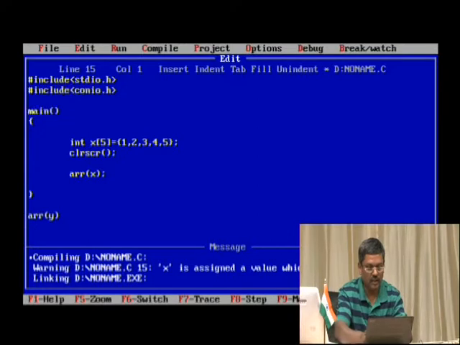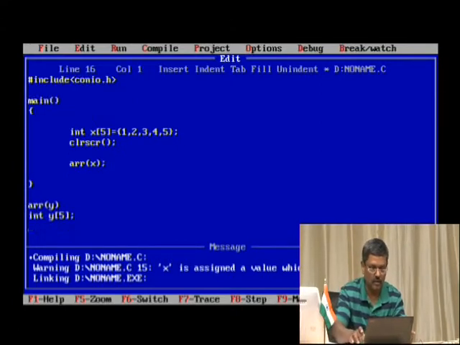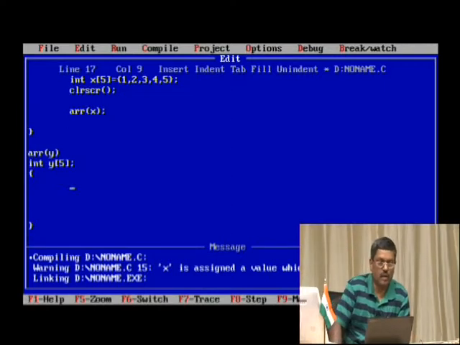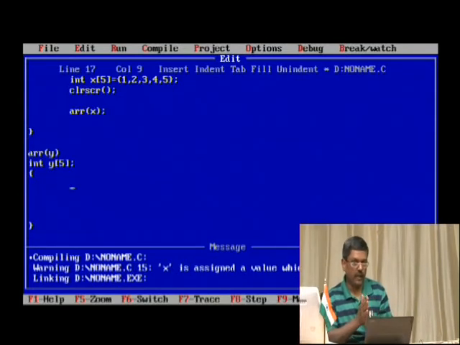What is it that we have to declare? It is the formal parameter. The entire elements, 1 2 3 4 5, will be copied